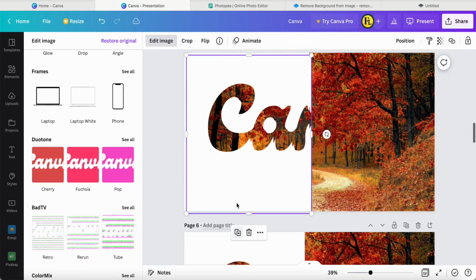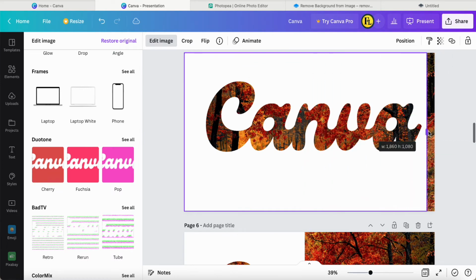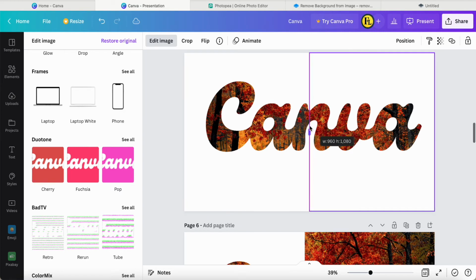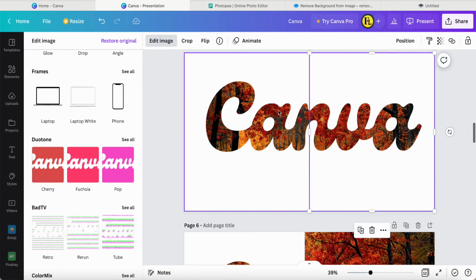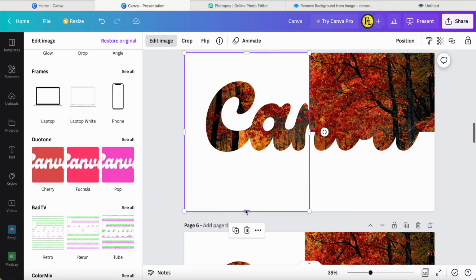I also right click one more time to duplicate it. This time I will move it fully to the right, and now it becomes two of this holo text. I can play around here like this,